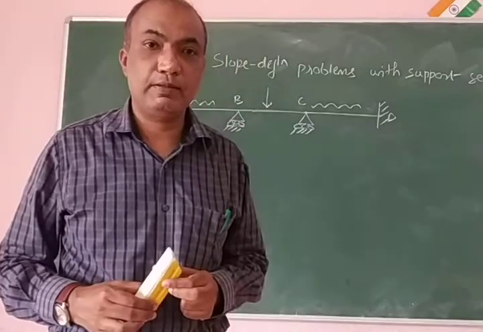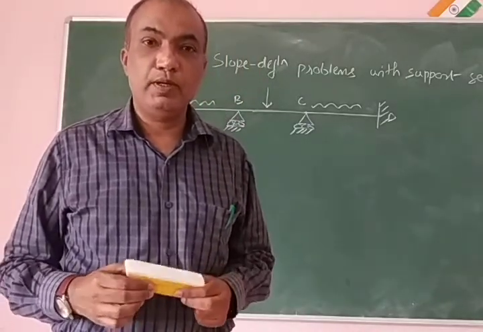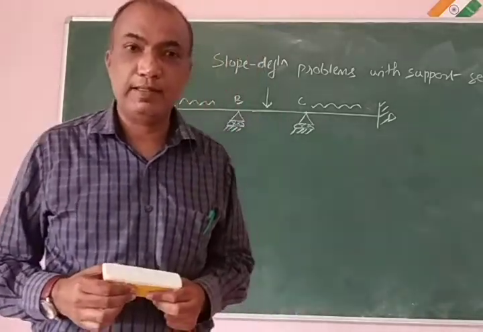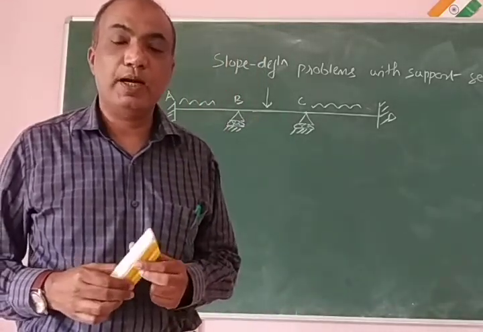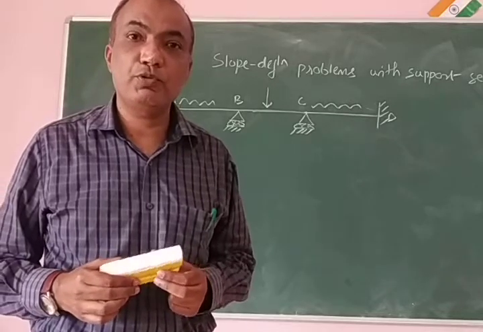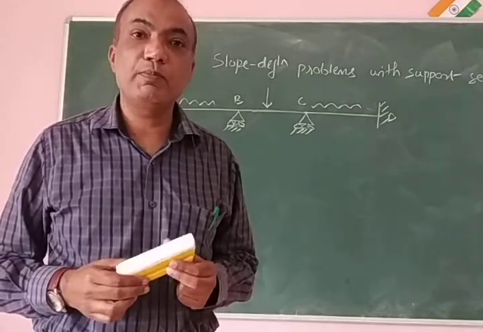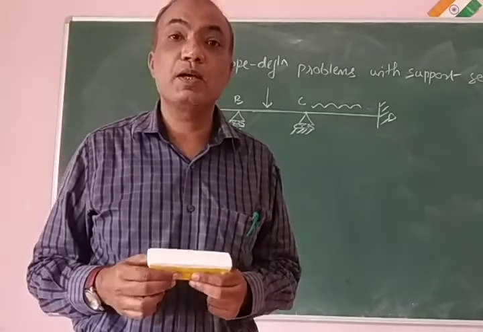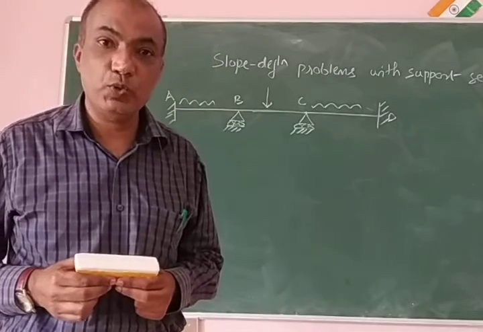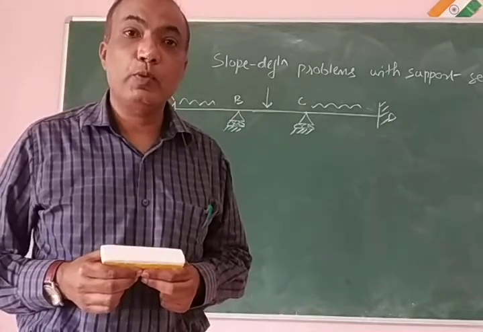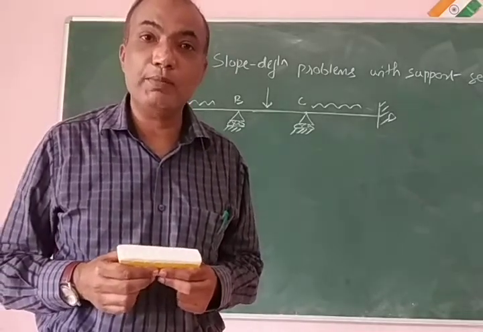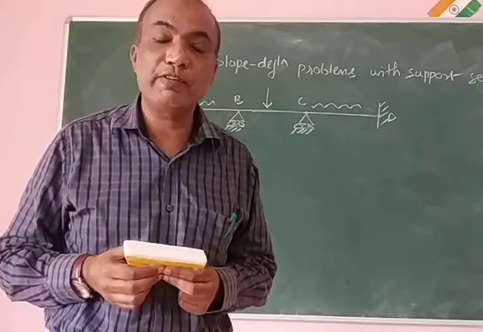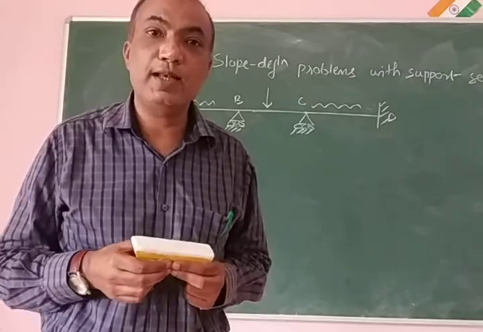After a long gap, we will continue our discussion, maybe for another couple of sessions, on the slope deflection method. And in this session, I am going to talk on how to solve the problems of beams when the beams are subjected to support settlements. That means how the slope deflection equation can be used or modified when the supports settle. What I mean by support settle is the supports yield or sink by a few millimeters. That was hinted at in the last session.